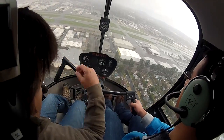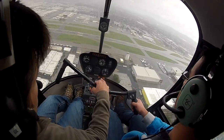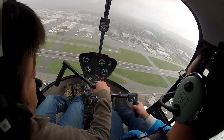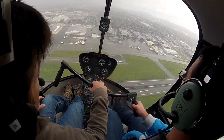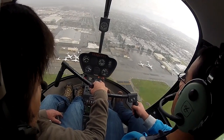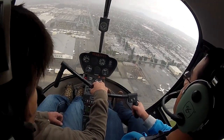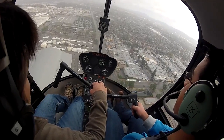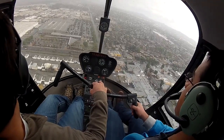Now, I'm just going to help you out with this a little bit, all right? We're going to do an approach to landing. The first thing we want to do is lower our collective. So we bring that down, right like that. A little bit of right pedal, because we're taking that torque out. And I'm kind of keeping it level, because I'd like to do this at 60 knots. So I'm allowing the airspeed to bleed off real slowly. I anticipate I want 60 knots, so I'm just letting it bleed off real slow, no big race to get there. Once we get 60, we lower the nose just a little bit,